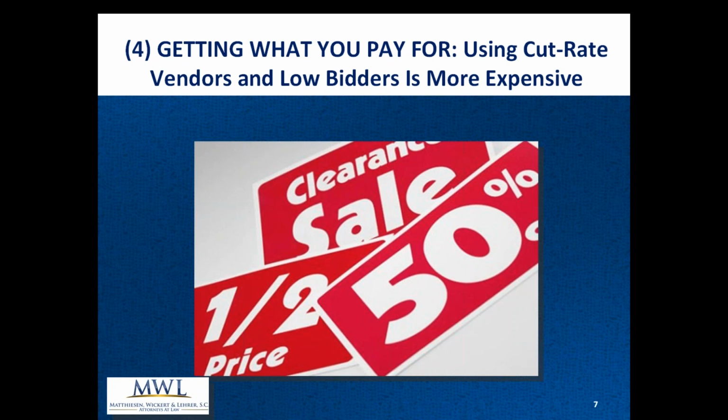15 years ago, I would say, this maybe would have been number 10 or maybe gotten honorable mention. I have a few of those at the end of the webinar. Getting what you pay for has to do with using cut rate vendors and low bidders, and how it is more expensive and more costly to save money than not. It's counterintuitive. And here is where I get into some trouble, because it sounds like I'm preaching to hire the law firm at the 25.33% contingent fee.